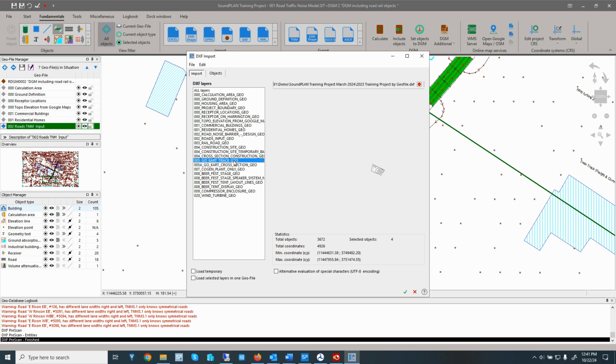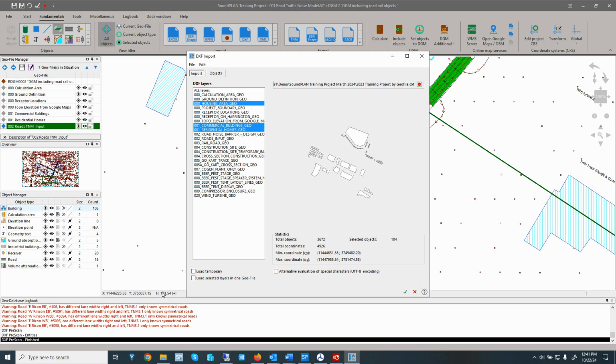If you have multiple layers selected, then it adds these layers. Here I have a housing area, the commercial buildings, and residential homes. So all of these homes and buildings are now highlighted.